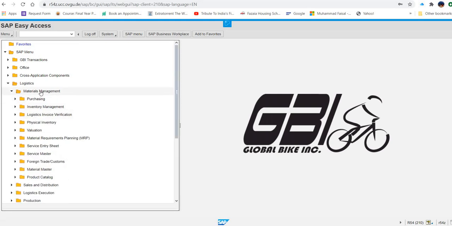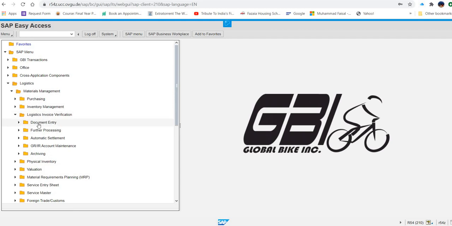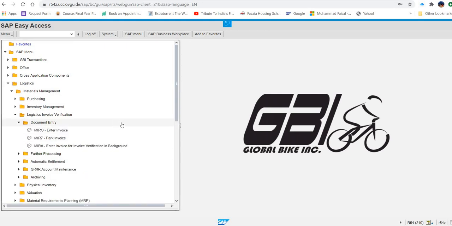So under materials management, we need logistics invoice verification. The next thing is document entry. And in document entry, we will have enter invoice, the first option.